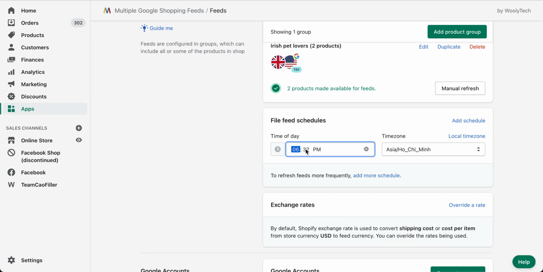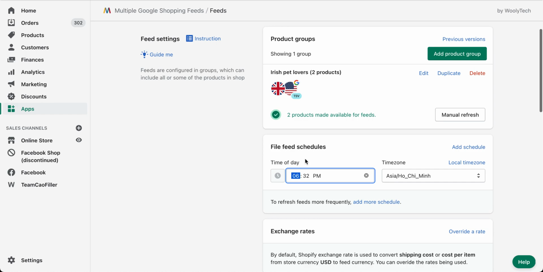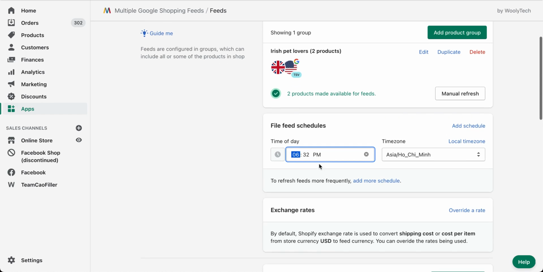So you can align this schedule with, for example, a job in your shop backend that does mass updates to your store every day. So the feed will align better with the updated data in your shop. Okay, for now I'm going to leave the default.